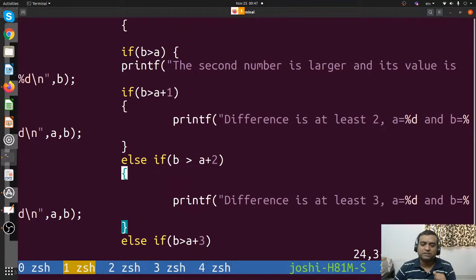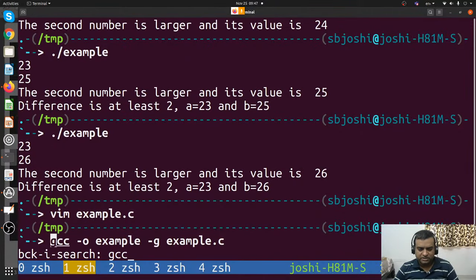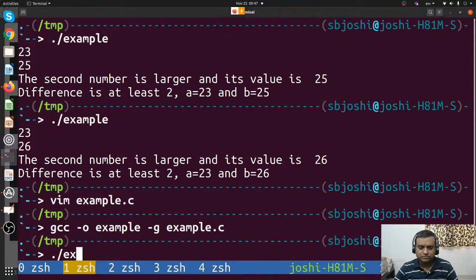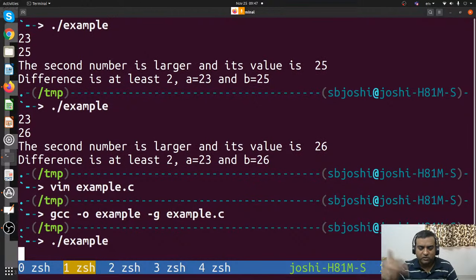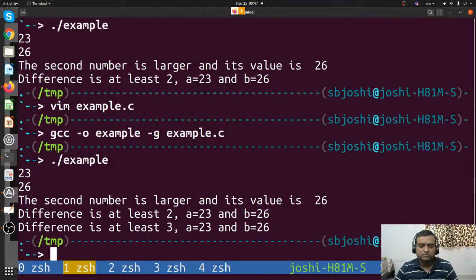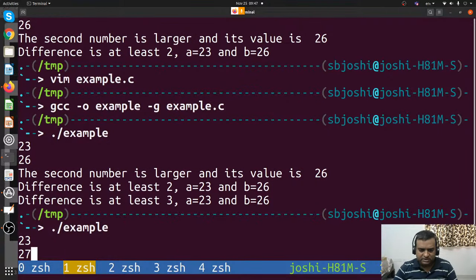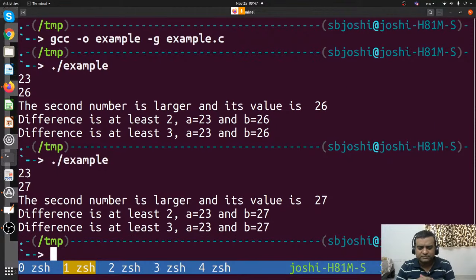Okay. Now, if I don't have this, then you will see that it is going to print both of them. The difference is at least 2 and at least 3. Right? Now, the difference of at least 4, will it be printed? Just think for a moment. It won't be printed, right? Obvious,